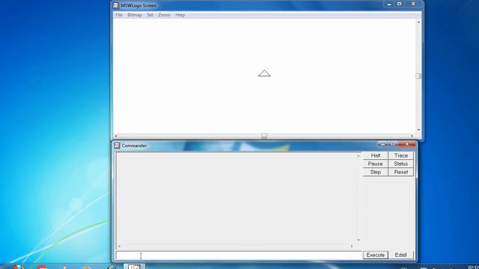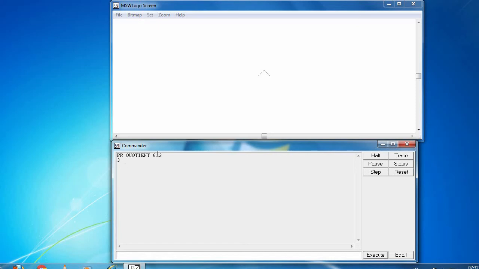So to do this, print quotient, and then let's say the value is 6 and I'm going to divide it by 2. So here 6 is the dividend, 2 is the divisor. That means the value 6 will be divided by a divisor value 2. So if you click execute, you're getting the value 3.